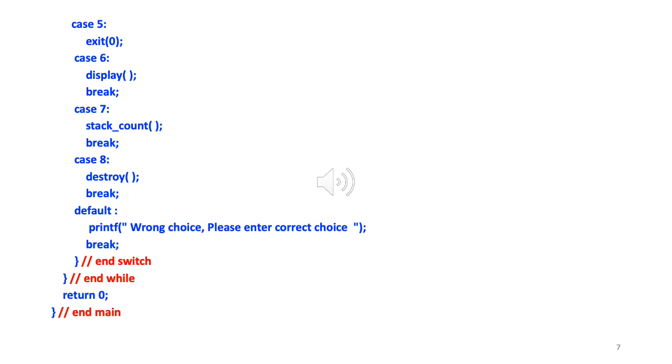Now going to 6. What is case number 6? For display. So what display will do is it will walk through the stack and print all the elements. So note that the way it prints will be the same order in which it deletes them. Okay. So that means if you added 10 followed by 20 followed by 30 followed by 40, then it will print in the reverse order: 40, then 30, then 20, then 10.